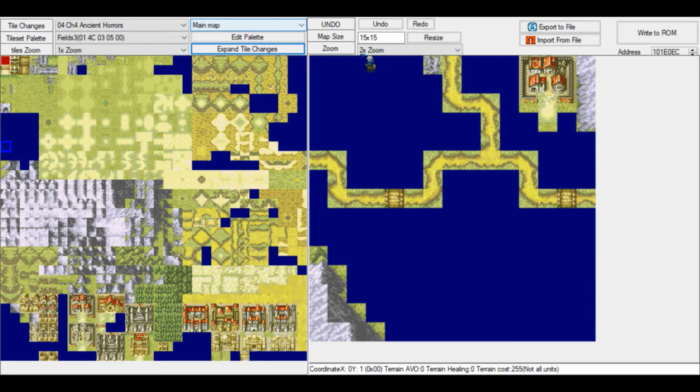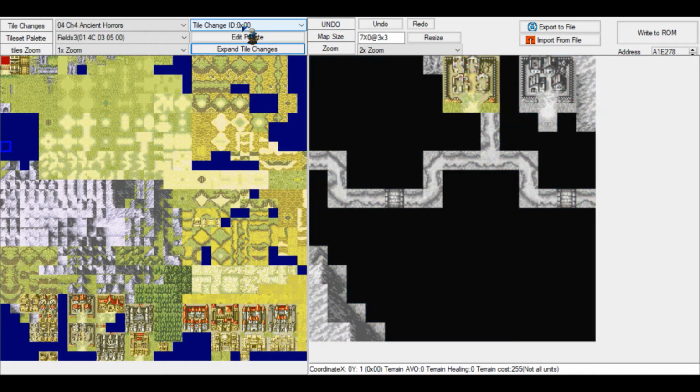Since there are some tile changes for the village and the snag already, we're just going over here, main map, and we'll go to tile change 1. This is the destroyed village. You see, it is a 3x3 tile change. That is important to note. This destroyed village is for when brigands or bandits destroy villages. If they do that, then this tile change will be triggered, so you cannot visit the village anymore.